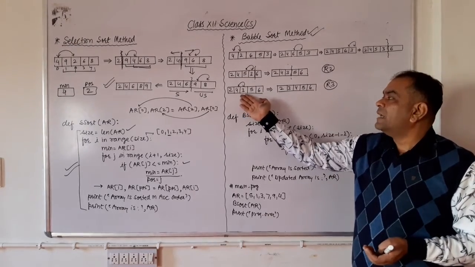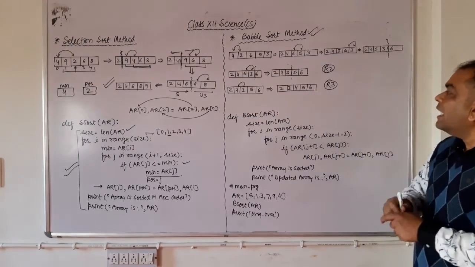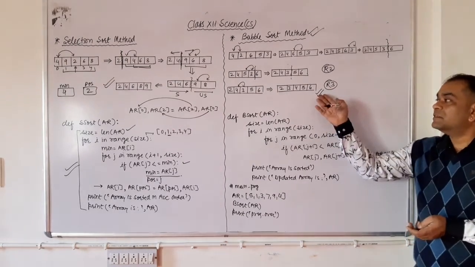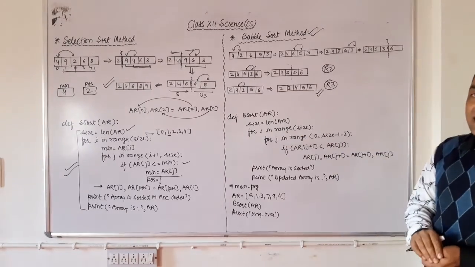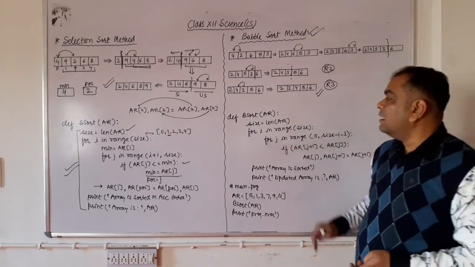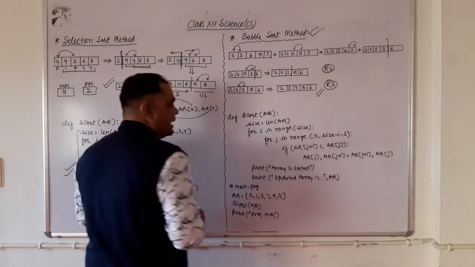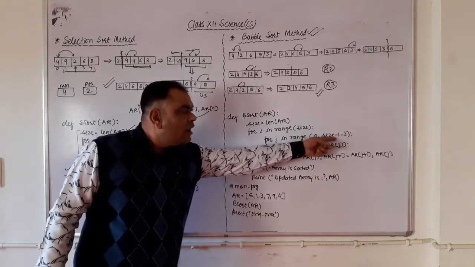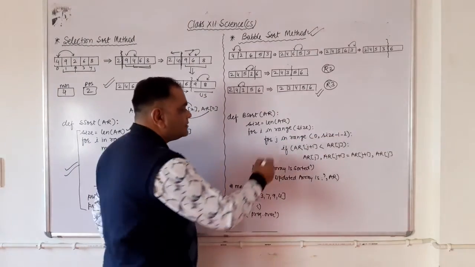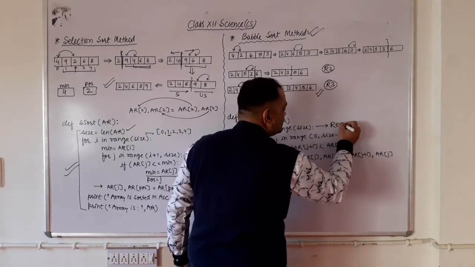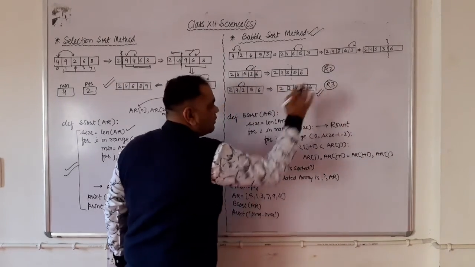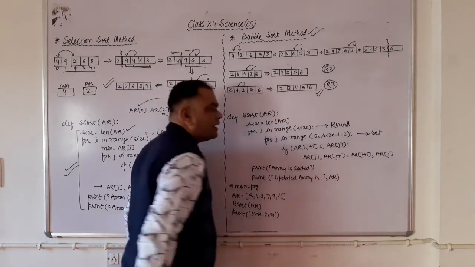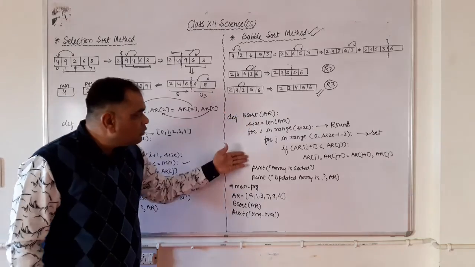Here 4 and 3 are swapped, and then here we will find the resulting outcome. Here we will see this is the array in ascending order. Now just see the code here. Def bubble sort, size equal to len, here for I in range size, and for j in range 0 to size minus 1 minus I. Here this for loop indicates the round, right? Round 1, round 2, round 3, and this for loop indicates the set of each and every round. Clear? So this is the code of bubble sort.